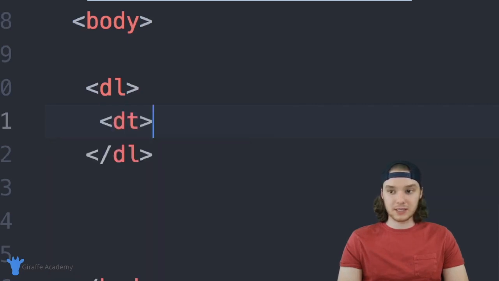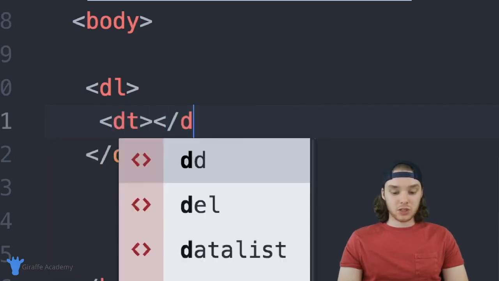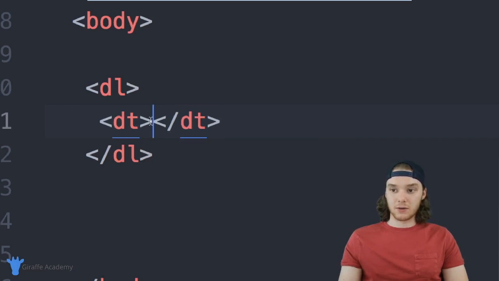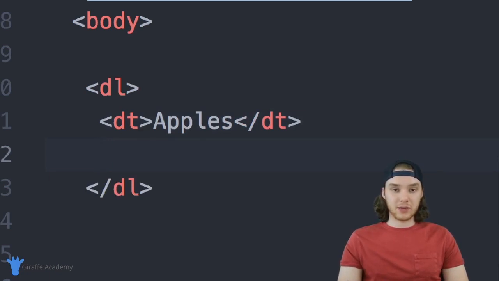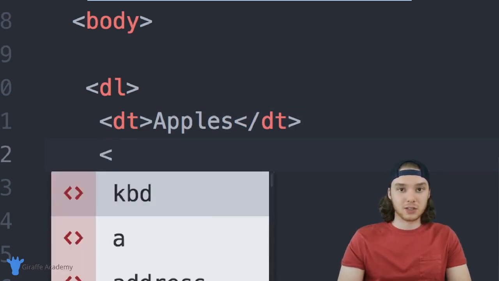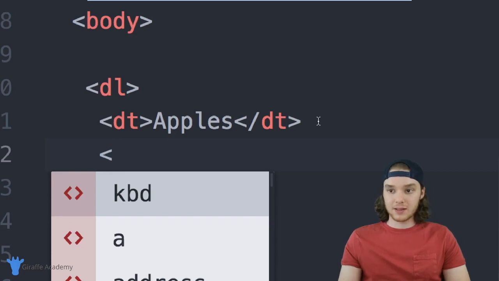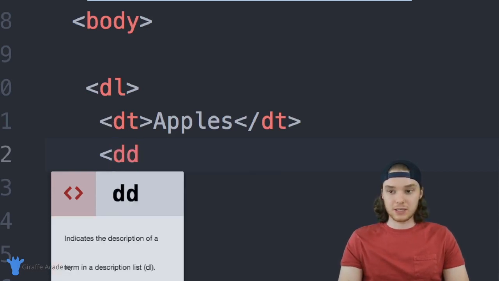So this is going to be DT. And it works just like a list item does. So in here, I could just type apples. And in addition to a description term, we can also give the description term a description. So we can describe the description term. And we're just going to type DD,